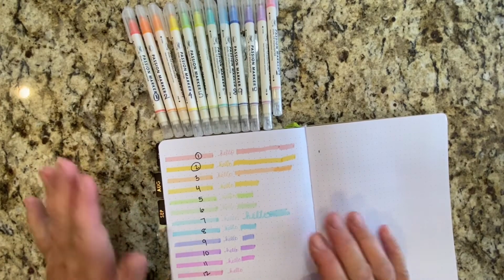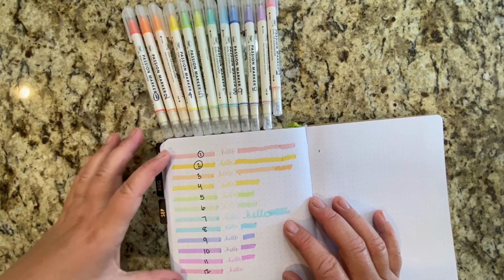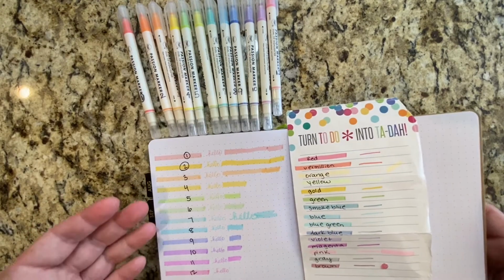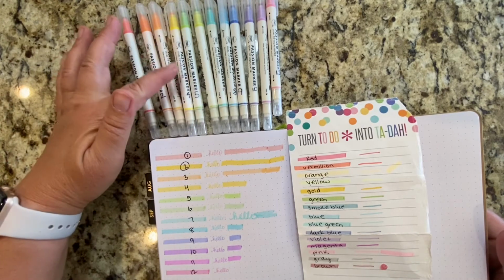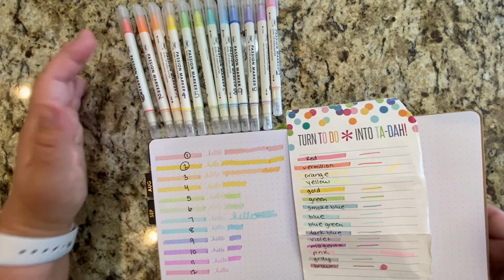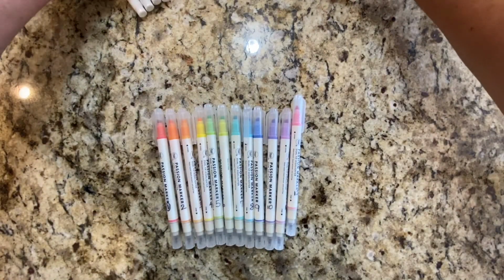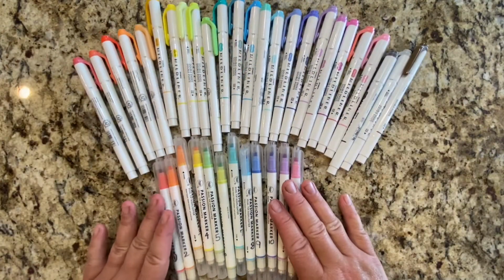Okay, so this makes me way happier. So I have all of the numbers. So I basically have my own coding system. Even though they don't have names, I am still able to know which color comes out which way on the paper because I have labeled them. So this makes me so much happier. So there you go. So those are my opinions on Passion Planner markers versus Zebra